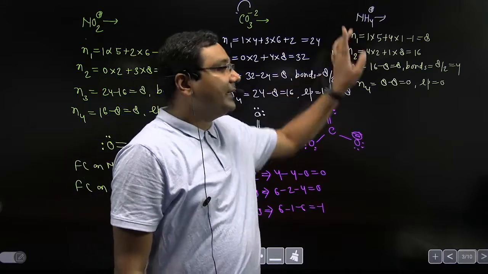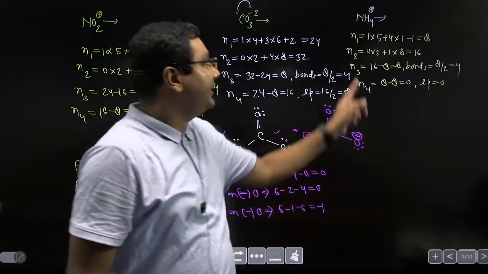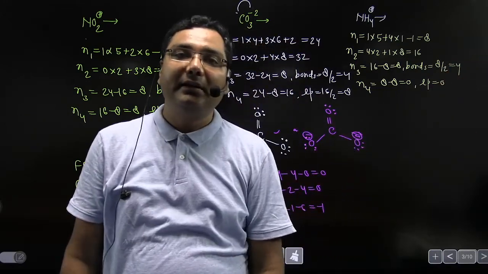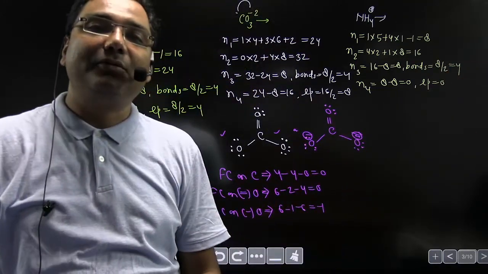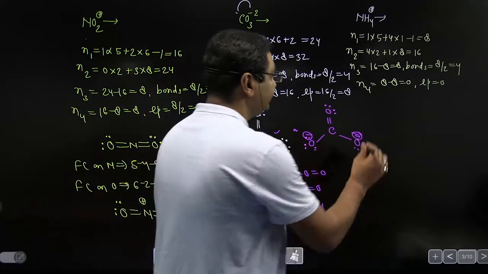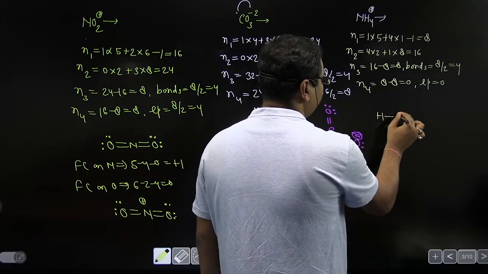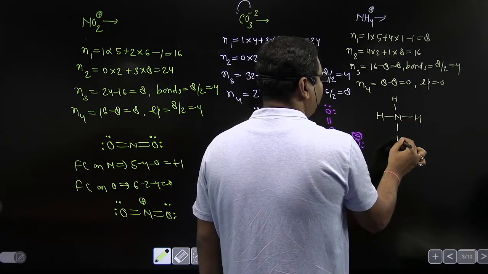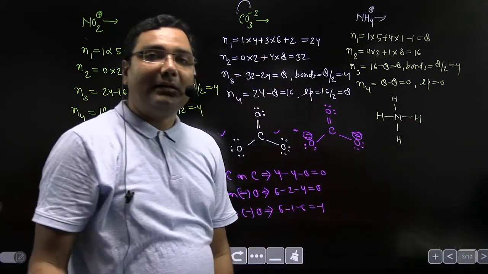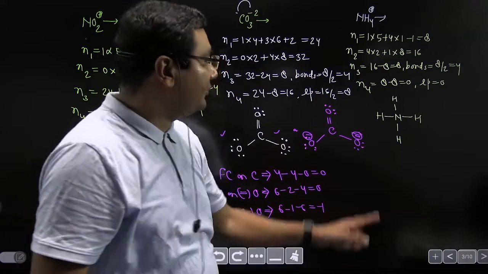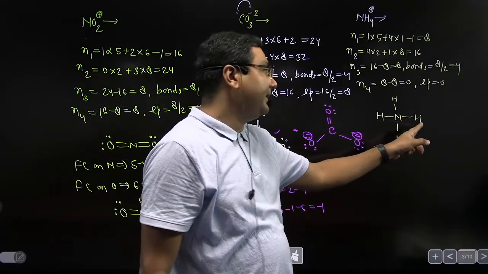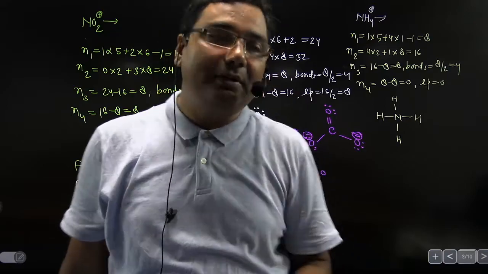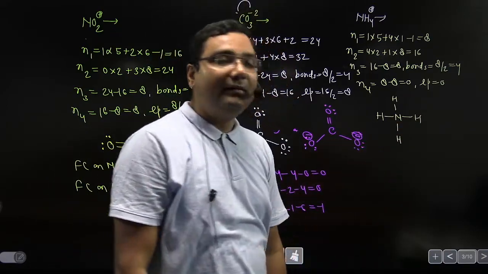You can see in NH4 plus the central atom is nitrogen, and nitrogen is attached to 4 hydrogens with the help of 4 bonds. It means all hydrogens are held to nitrogen by single bonds. This is the structure of NH4. Now we have to complete the octet on each atom. Nitrogen contains 4 bonds, octet completed. In the case of hydrogen, an octet is not required, a duet is required. So again the duet is completed.